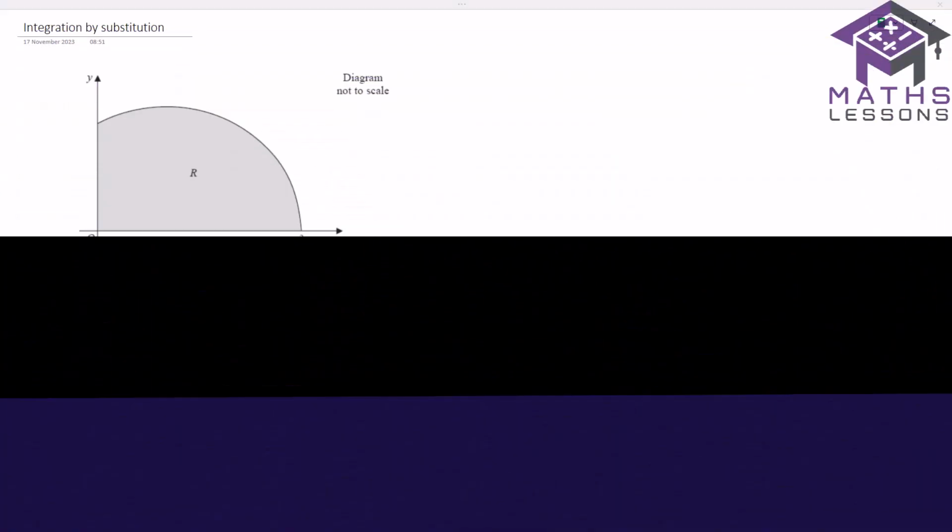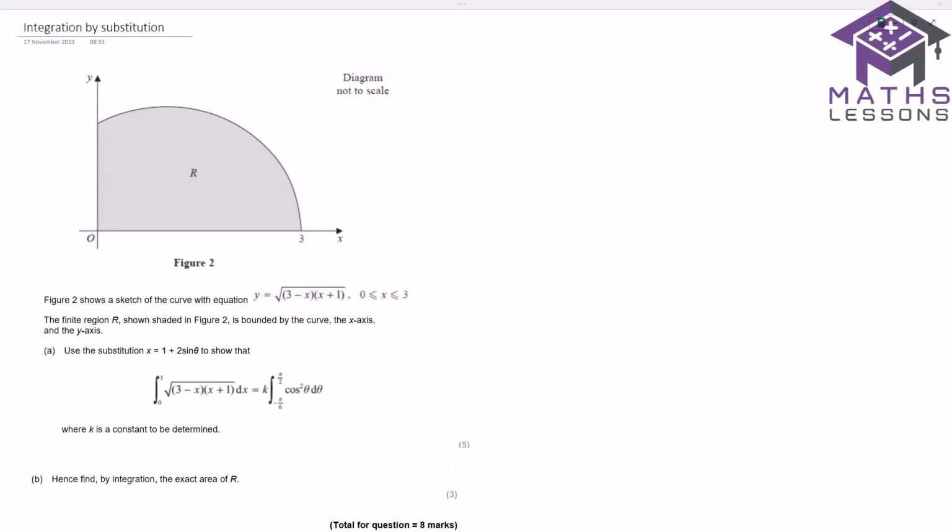Right, just going to be looking at an integration by substitution question. It's a past paper question from Edexcel. To start with, we've got this figure 2 here, which shows the curve with equation y equals 3 minus x plus 1, all square rooted. And we want to use the substitution x equals 1 plus 2 sine theta to show that this is equal